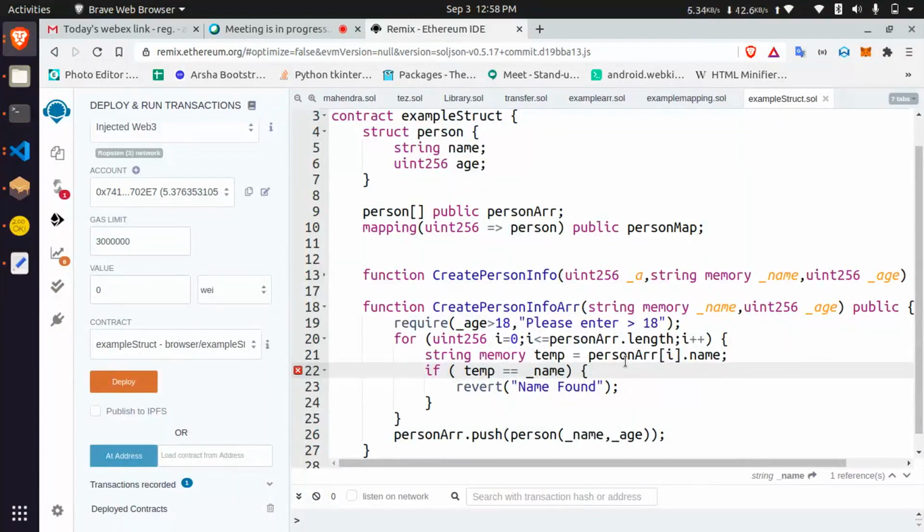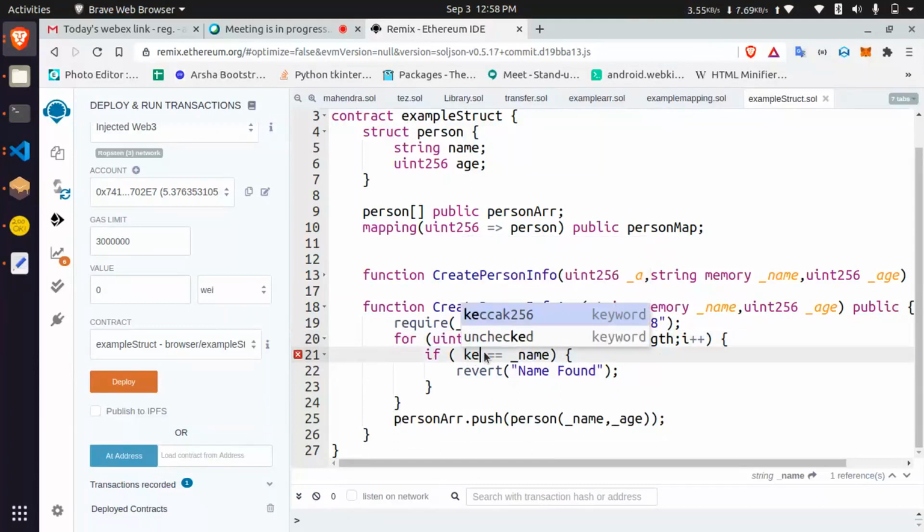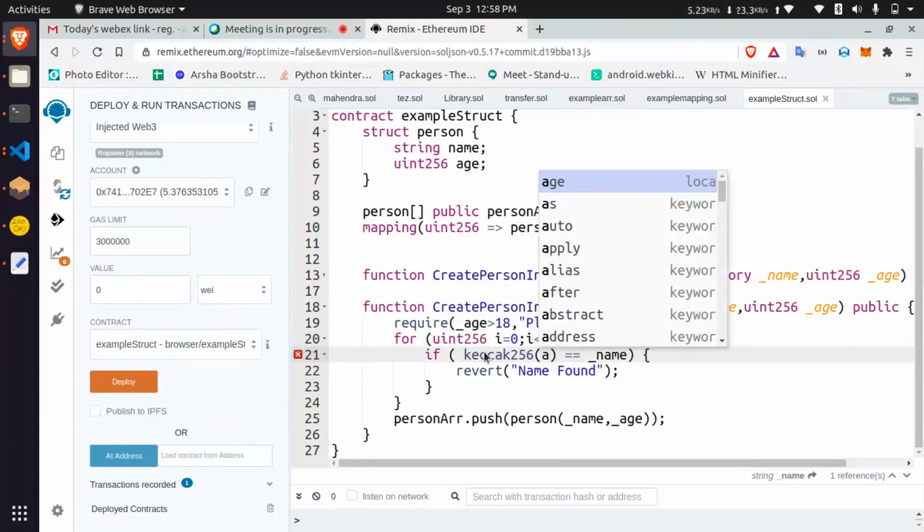Why? If you are using a string, more memory issues will happen. So let me take it as keccak. Sorry. So we can do keccak256 and then the name dot.